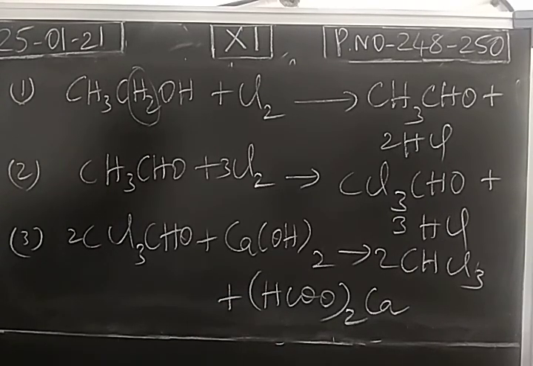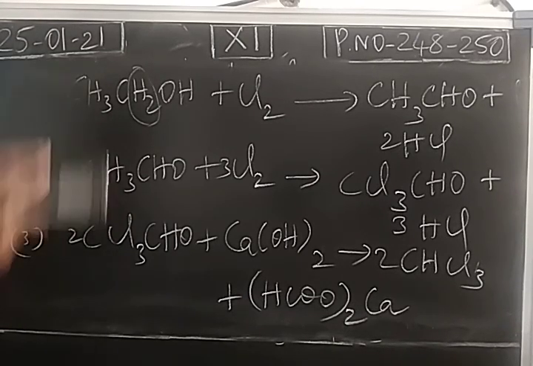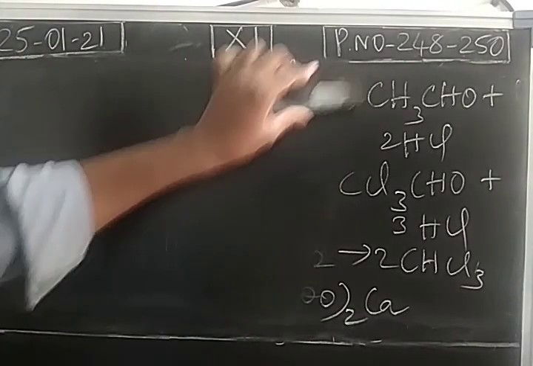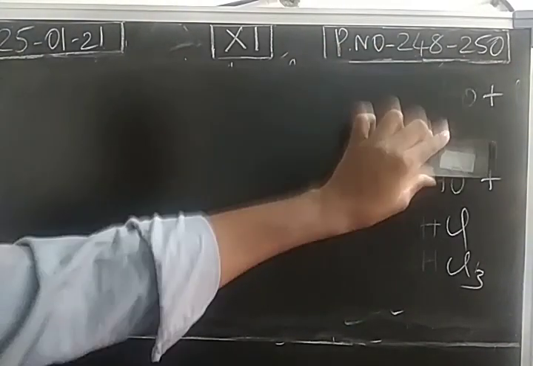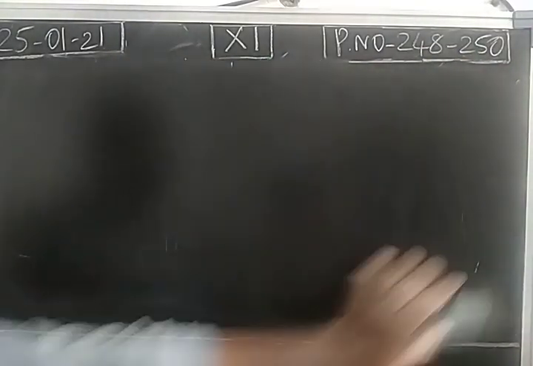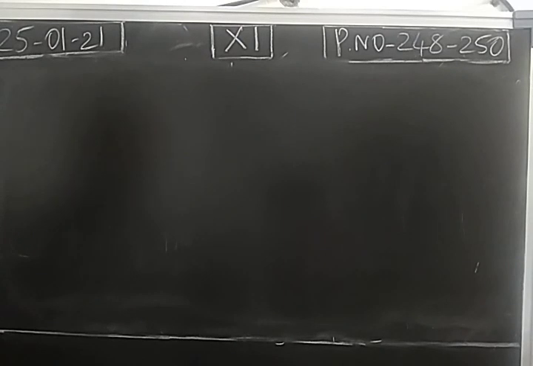What about physical properties? Chloroform is a colorless liquid with a peculiar sickly smell. If you consider any person who is sick, we can observe a smell. So the same type of sickly smell is observed in chloroform also, and it has a burning taste. And when we inhale chloroform, it leads to unconsciousness, so chloroform is used as an anesthetic.